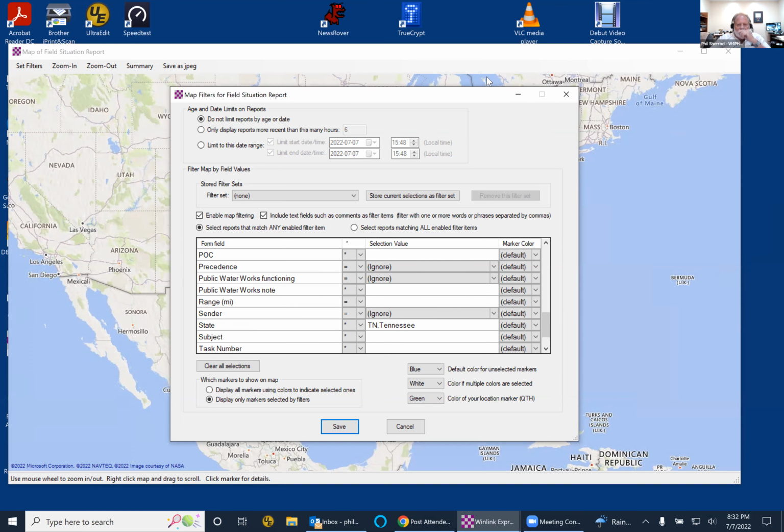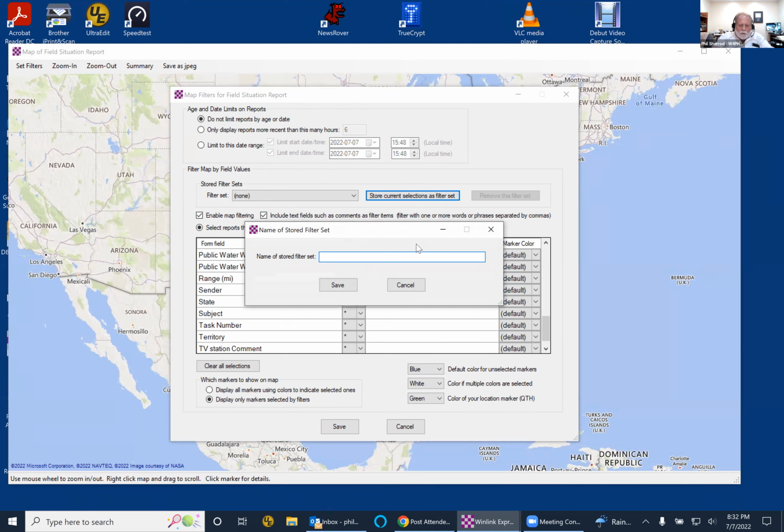So to make life easier, I've got the concept of what I call filter sets. Right now I have it set up to show only Tennessee reports. So right here's a button, store current selections as filter set. The current selection is to select the Tennessee reports. So I click store current selection as filter set, and I put in here as the name of the filter set, Tennessee,